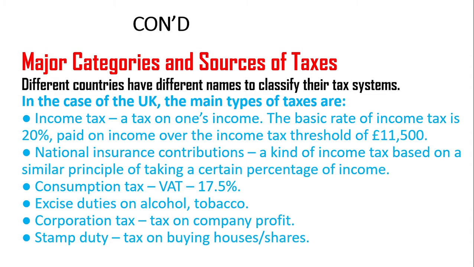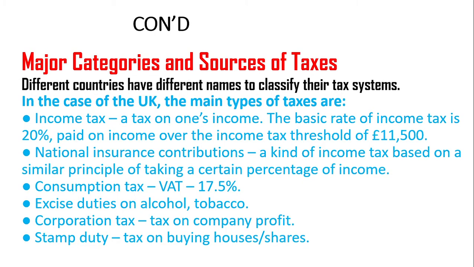ሌላው ኤክሳይዝ ዱቲስ ኦን አልኮሆል ኦር ቶባኮ፣ አልኮሆል ላይ እነዚህ እንዲሁም ቶባኮ ባር የሚባሉ ፕሮዳክሽኖች ላይ የሚጣል ነገር ነው። ኤክሳይዝ ዱቲ በዋናነት የሚጣለው ጀስት ኮንሳምፕሽንን ሬዲዩስ ለማድረግ ነው። በቀደም ከኦብጀክቲቮቹ መካከል አንዱ to reduce or to minimize bar product ብለን ነበር። ስለዚህ ኤክሳይዝ ዱቲ ወይም ኤክሳይዝ ታክስ በዋናነት ይሄ አይነት አላማ ነው ያለው። ስለዚህ ባኮች ላይ የሚጣል ታክስ ኤክሳይዝ ዱቲ የሚባል አላቸው ዩናይትድ ኪንግደሞችም ማለት ነው።